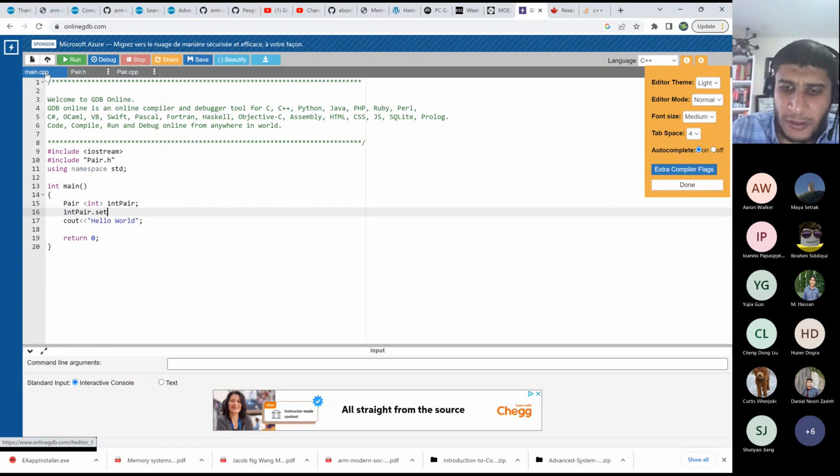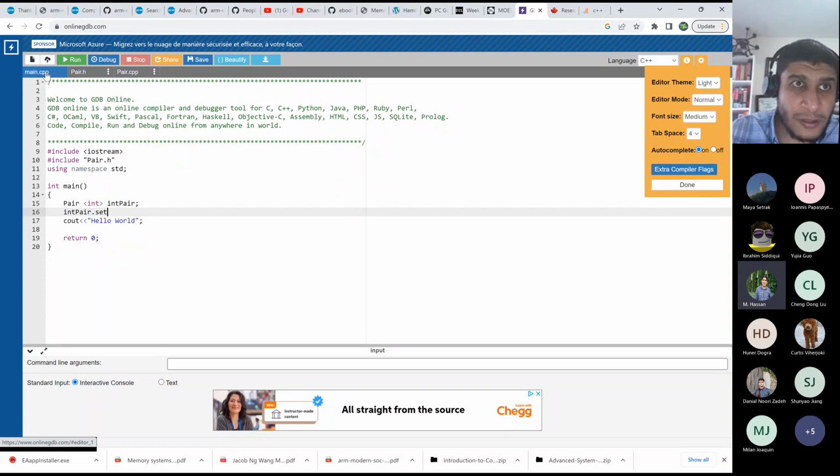And now use the two getters that I have already. So my first. And then I would say pair dot get. Again, I don't remember the function name. Is it get underscore first? Get underscore first. And then pair dot get underscore second. My second is